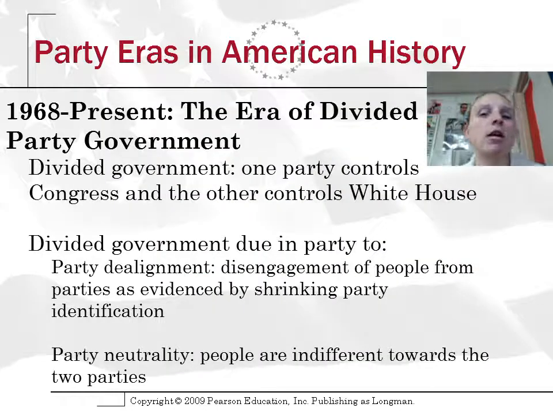The fifth and final party era is the era we're in today, where we're seeing the realignment of the South and the era of divided government. Well, divided government is this. We've learned this a bazillion times. The three major groups that have anything to do with legislation: the House, the Senate, and of course the presidency. One of those three is different from the other two. That's divided government. Why is there divided government?